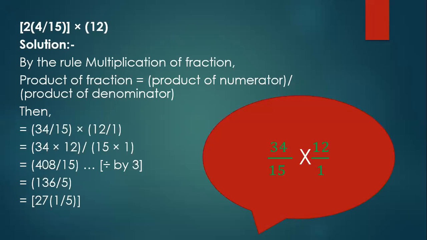Okay. What will I see? I'll see that 15 and 12, they both come in the table of 3. 15 comes 5 times, whereas 12 comes 4 times. Okay. 15 and 12 are both divisible by 3. So we can write 15 comes in the table of 3 5 times. 12 comes in the table of 3 4 times. And now if I write 34 multiplied by 4 gives me 136. 5 multiplied by 1 gives me 5.